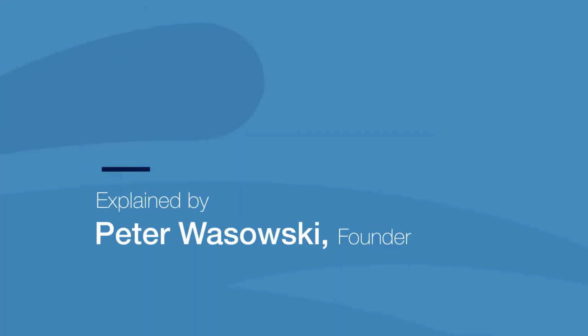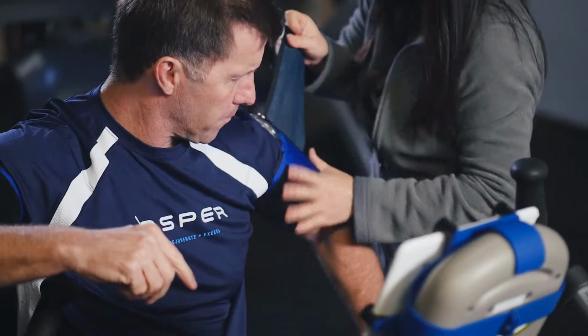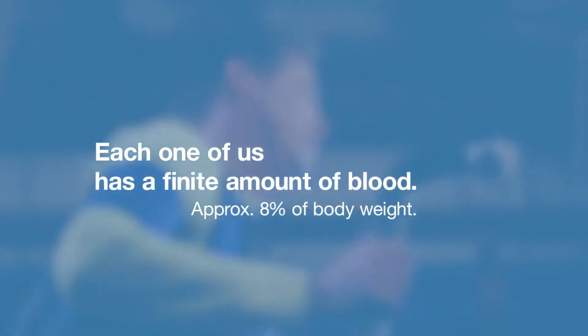The core cooling is a very, very important factor because whenever we exercise, we sweat. And in order for us to sweat, there's a tremendous amount of blood that has to be channeled to the surface of the skin to push the sweat through the pores, which means you have less blood at the muscle level. And each one of us has a very finite amount of blood, which happens to be 8% of your